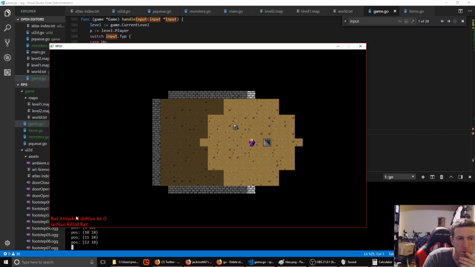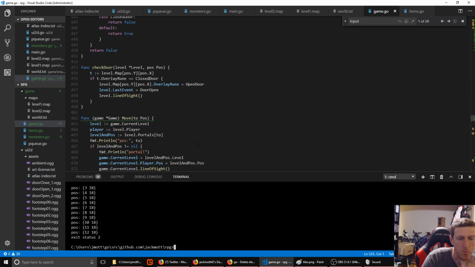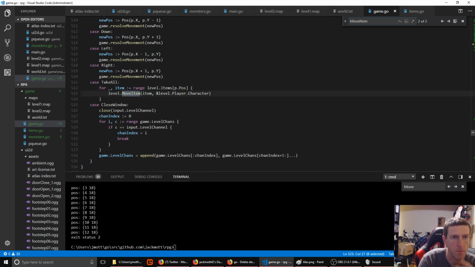Or you know what, we can just put it into the event system. Each time you pick something up, we'll put it into the event system. So we'll say on move item,